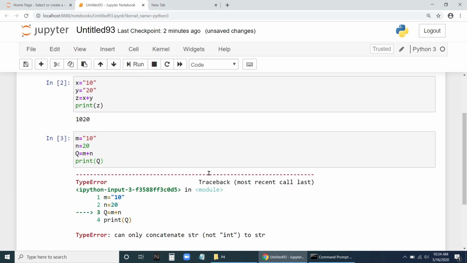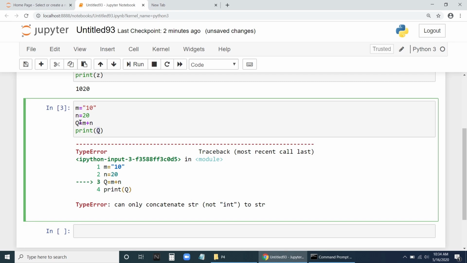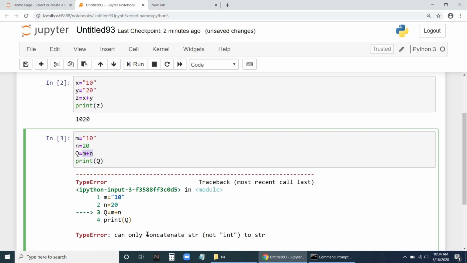It is showing an error. Why? Because m is string type, n is integer type. When you add up these two, it will get confused about what to do. Can only concatenate string, not integer. So either you should give both string or both integer. Because I need to add up, I don't want to concat. Since m is a string here and n is an integer,